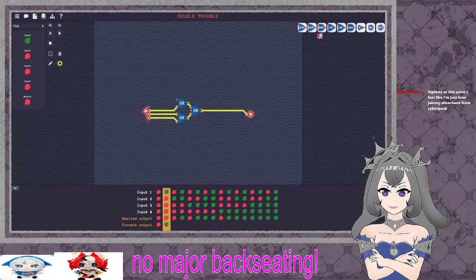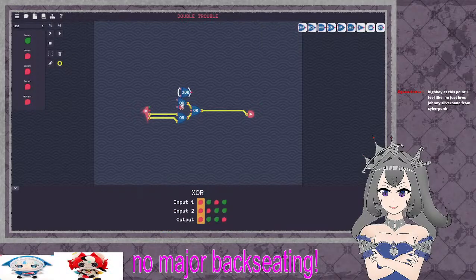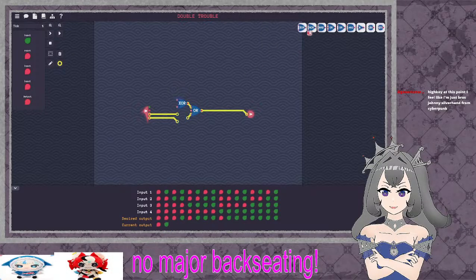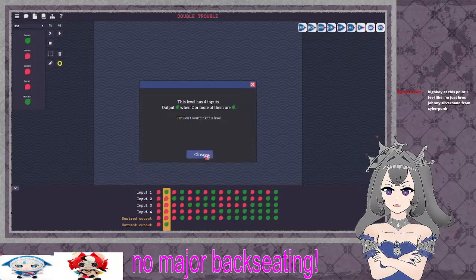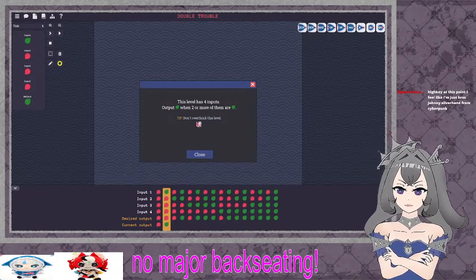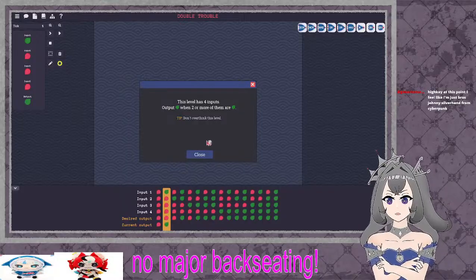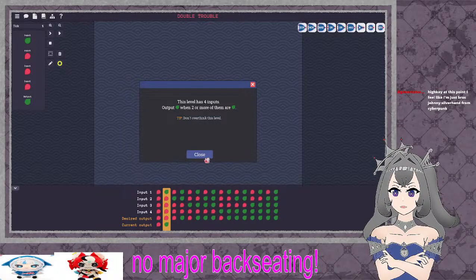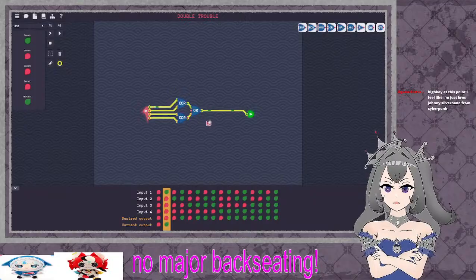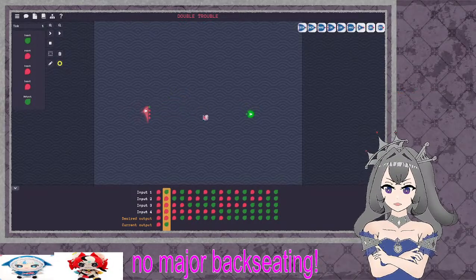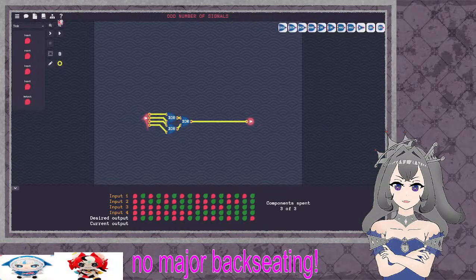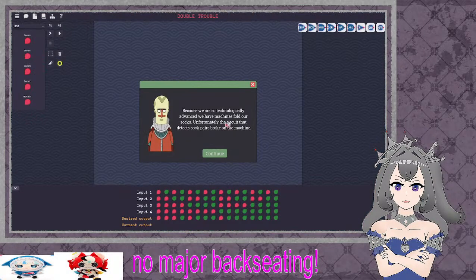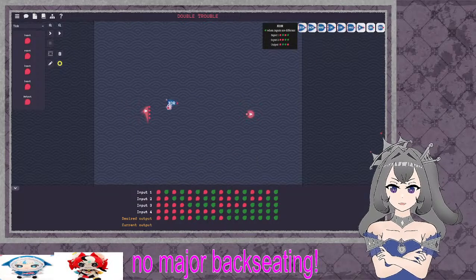Okay, if I have 2 XOR gates? Tip, don't overthink this level. When 2 or more. So it's just more than 1. Oh, it's not an even, it's just more than 1. Okay, what did I do for the previous level? Hold on. 3 XOR gates is an odd number. So if I throw 3 XOR gates at it,